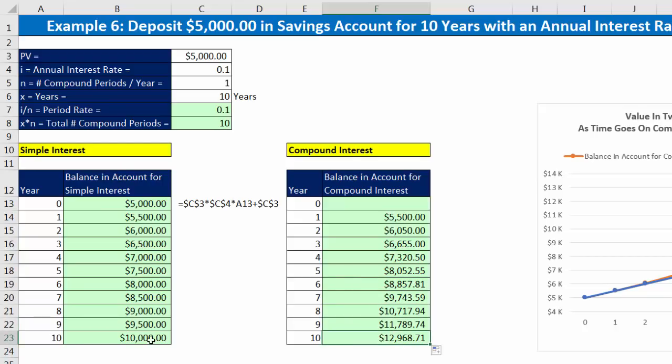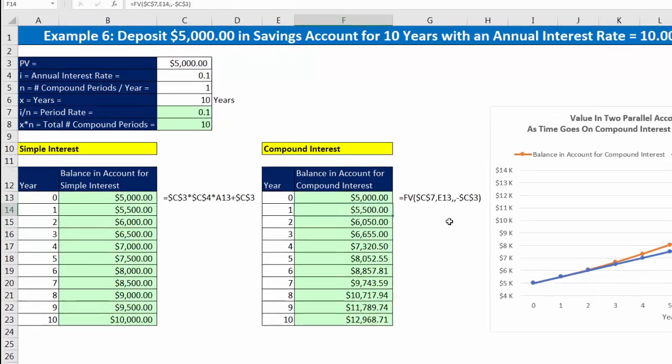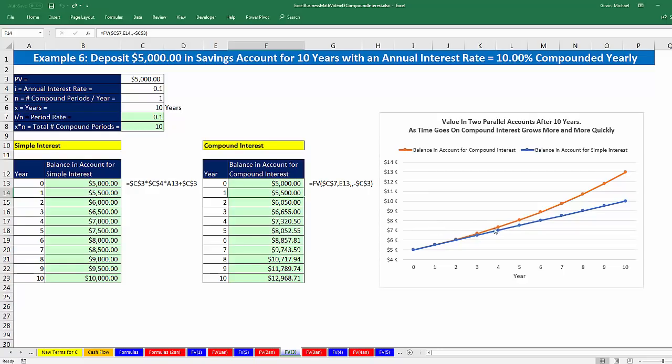$12,968.71. That's a lot more than this $10,000. Now, I'm also going to copy this up because it'll work the same here. F2, that entered in at 0 just gives you the value at time 0. And enter. And if we look at our chart, the orange line represents the compound interest. And look at that. By year 10, it is much bigger than our simple interest. In fact, simple interest grows the same each year, but compound interest grows more and more quickly as the years